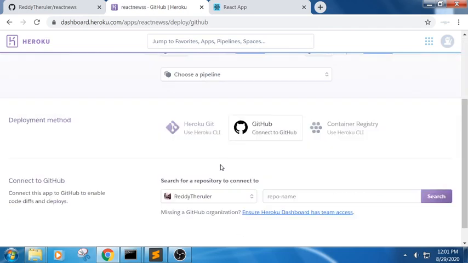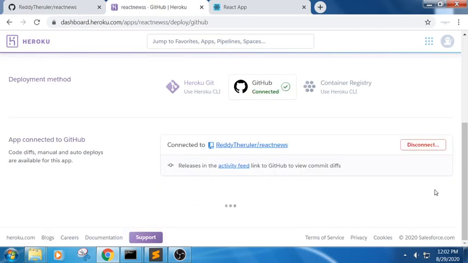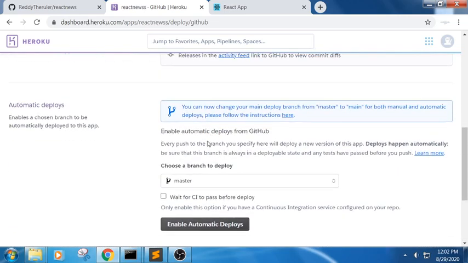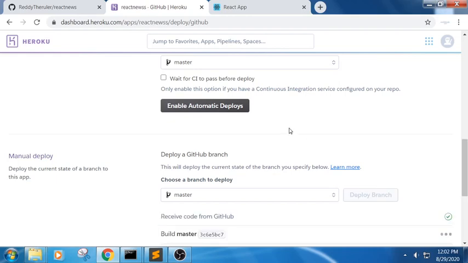It has been connected. The folder name is React News here. I'm trying to search for the folder. Yes, connect it. Once it has been successfully connected, scroll to the bottom of the page and click on deploy branch.